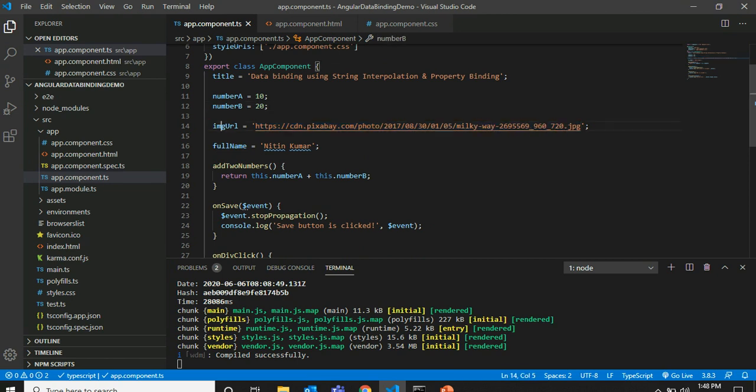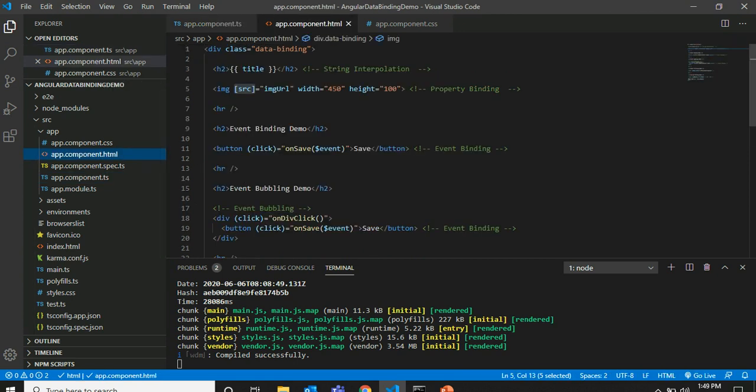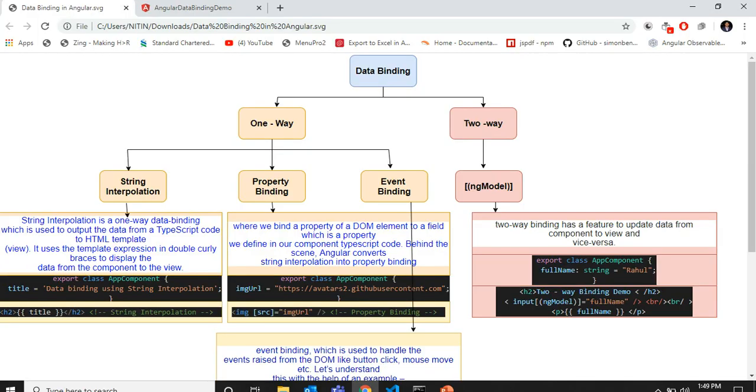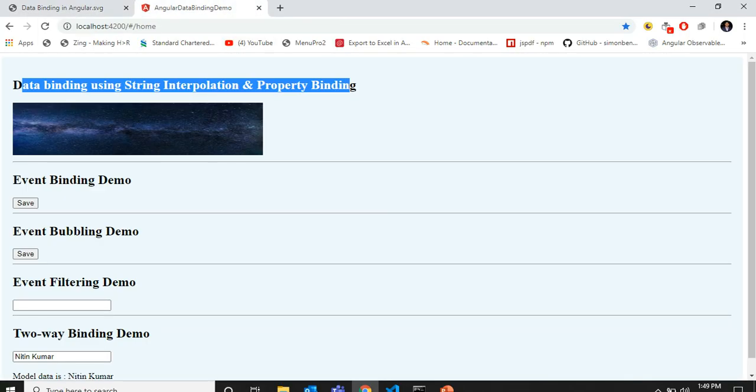We bind it using property binding in the HTML template. Here's the example of property binding. We have bound an image URL to the src property of the image. Let's see it working. Here is the example of property binding.